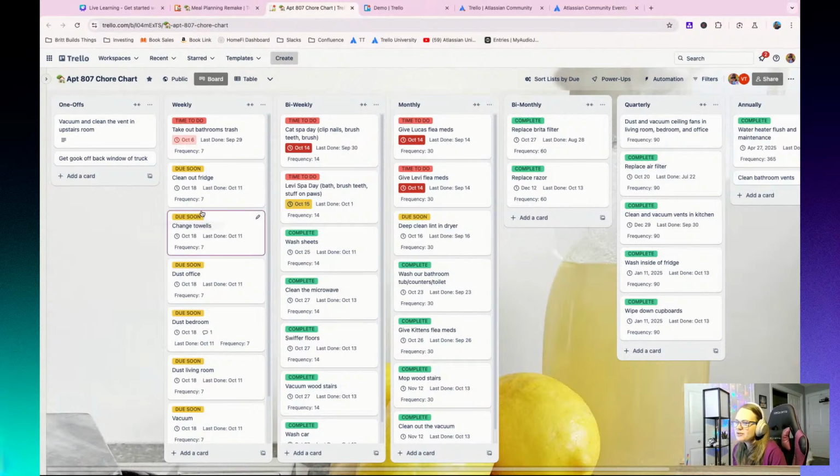And basically what I do with this is keep track of the different chores that I need to do at specific cadences. So there's some that I need to do weekly, there's some that I need to do every other week and monthly, etc. And I use custom fields to set the frequency, which is the number of days in between when they happen. And then I use automation.